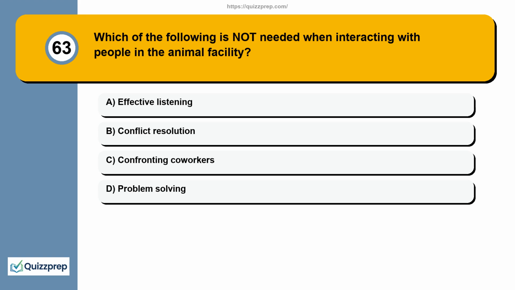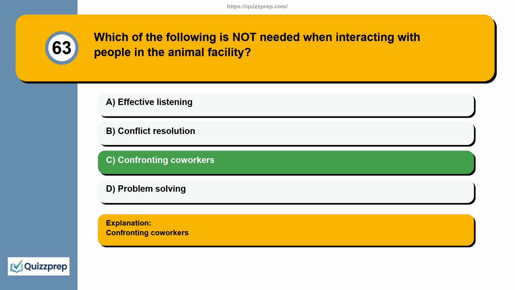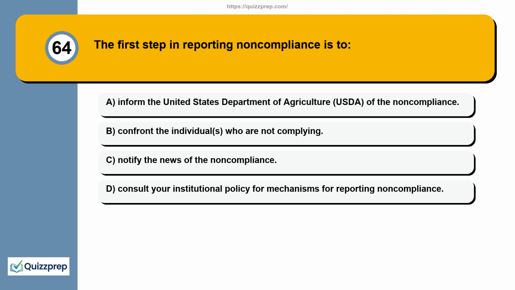Option A, effective listening. Option B, conflict resolution. Option C, confronting coworkers. Option D, problem solving. The correct answer is option C, confronting coworkers. Question 64. The first step in reporting noncompliance is to: Option A, inform the United States Department of